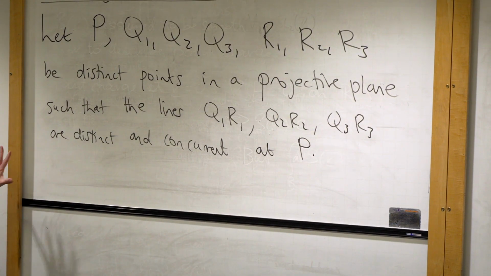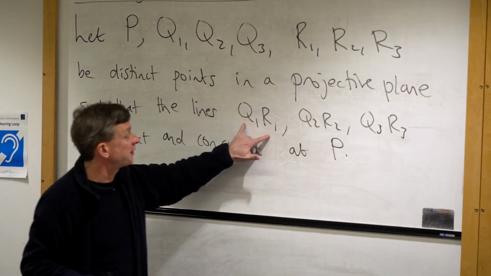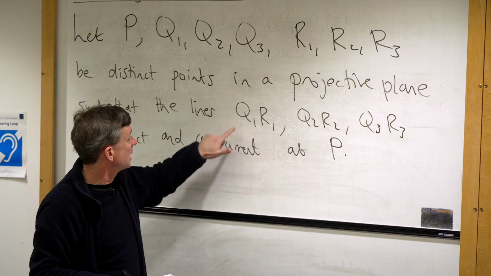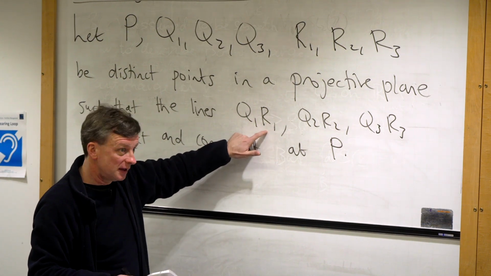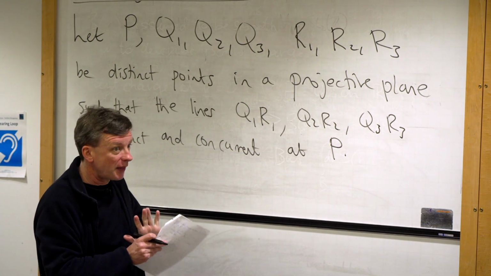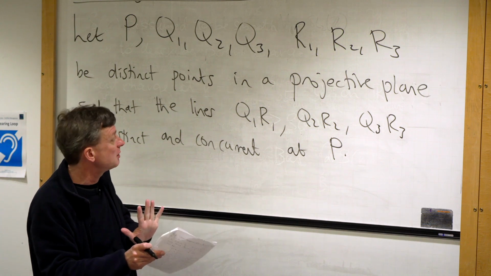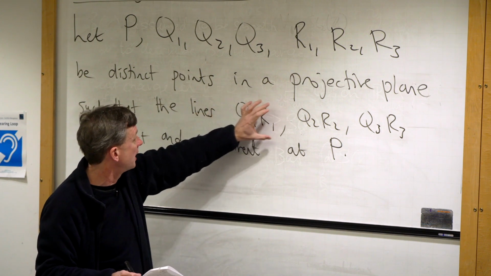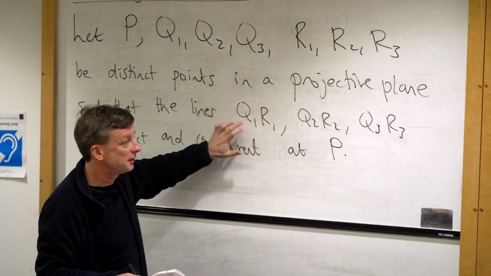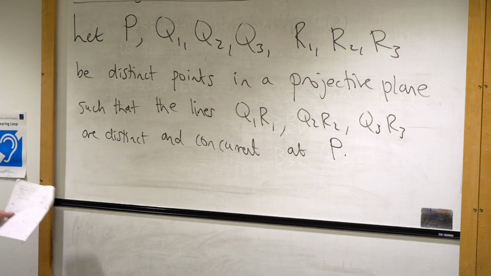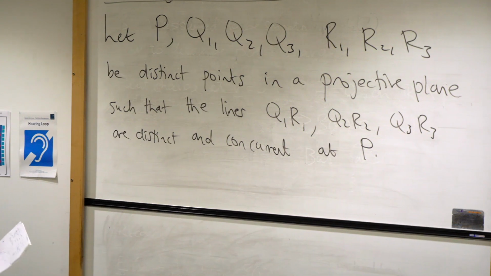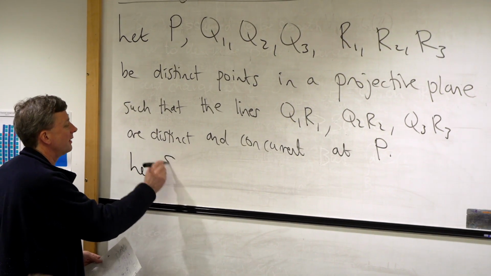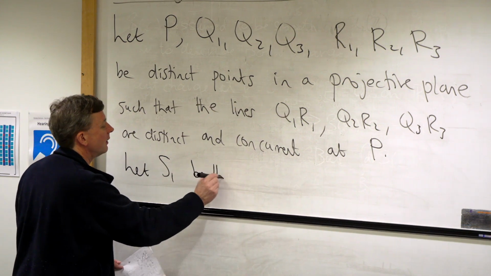So incidentally, in a projective plane, if you have 2 distinct points, there's a unique projective line passing between them. What you do is you take representatives of the points in the overlying vector space. Those 2 representatives span a 2-dimensional vector subspace. The projective space of that vector subspace is a projective line, the unique projective line containing those 2 points, just like in R2. Okay, so continuing, if we let big S1 be the intersection